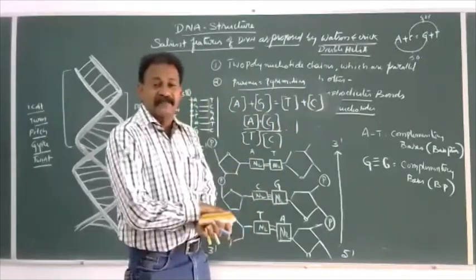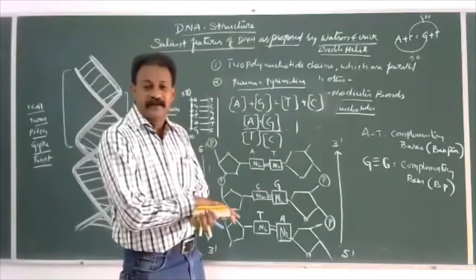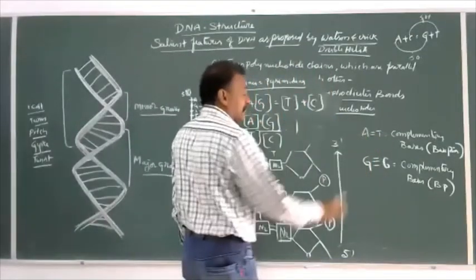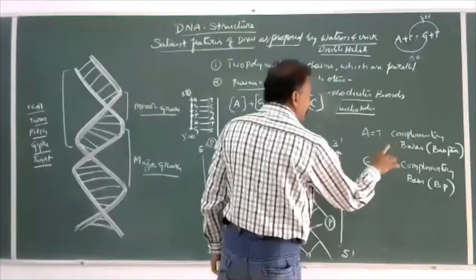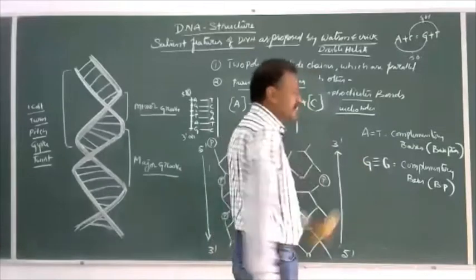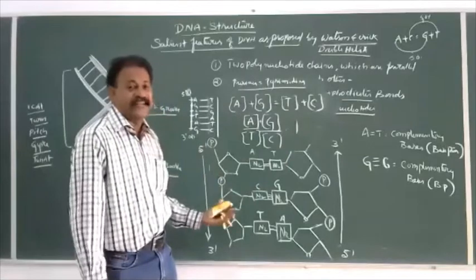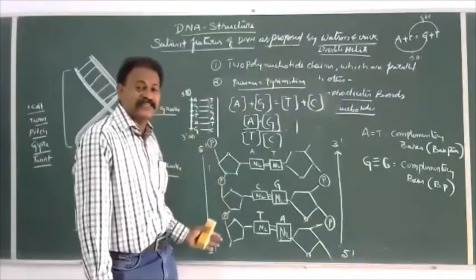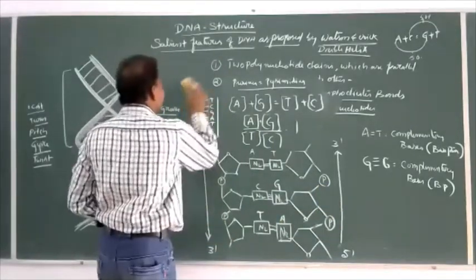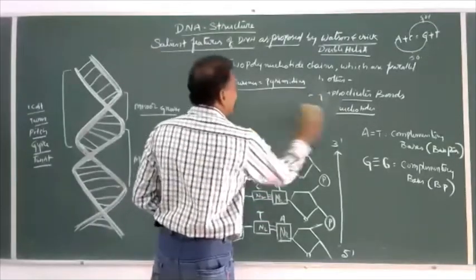And the question here comes, which purine bonds with which pyrimidine, or which pyrimidine bonds with which purine? They have given that adenine always bonds with thymine and guanine always bonds with cytosine, or thymine always bonds with adenine, cytosine always bonds with guanine. These two are called complementary. So complementary base pairs enable us to identify, if we identify one strand sequence, we can easily predict another strand sequence. And according to the double helix model of DNA,